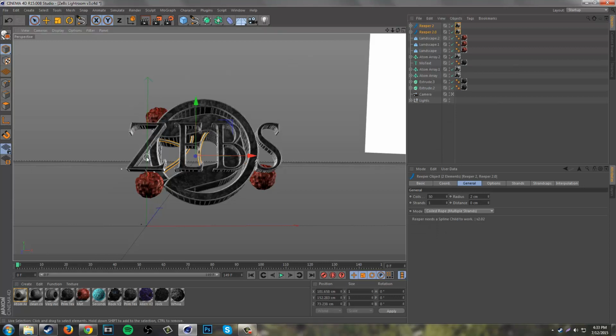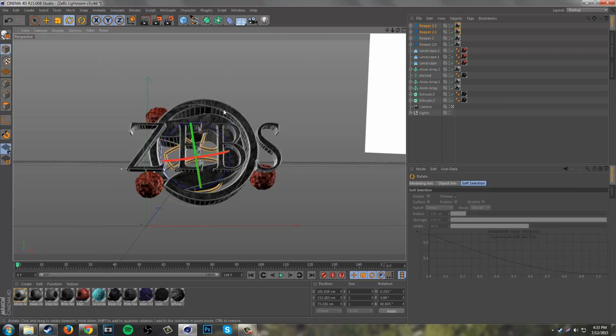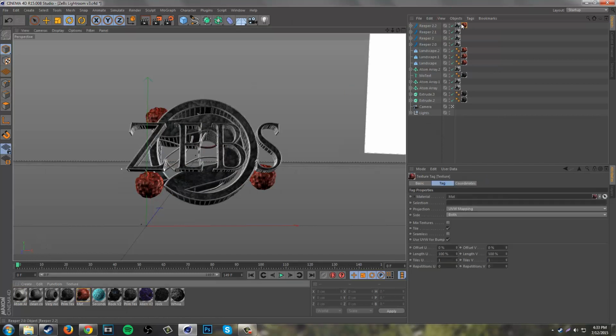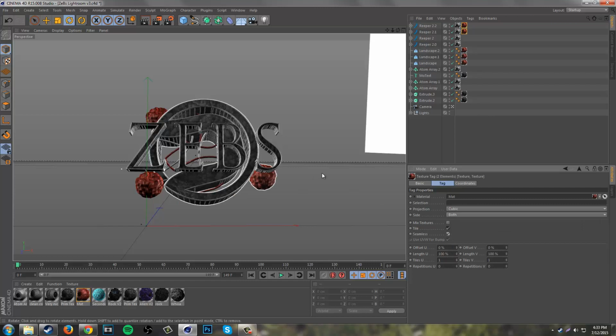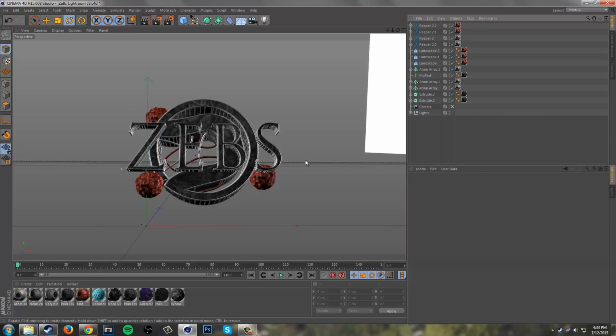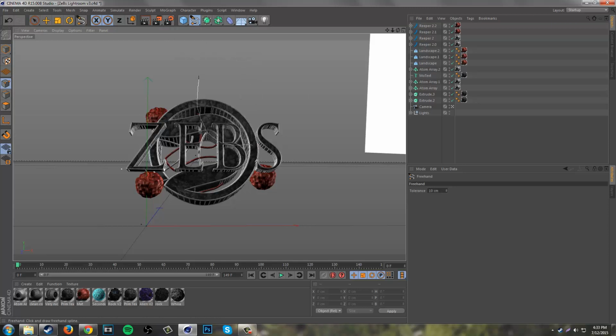And then we're going to duplicate it and then rotate it. And then we're going to add the red one now. So once we have done that, boom, boom, cubic seamless. Always do cubic seamless. That's important. I'm going to remove these ones for the sake of organization. So once we've done that, what we're going to do next is add a little bit of